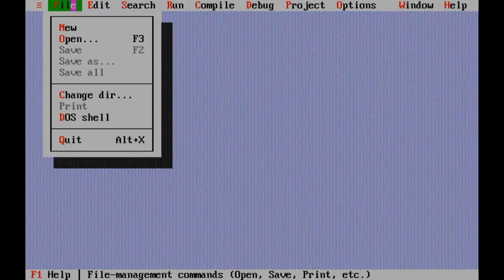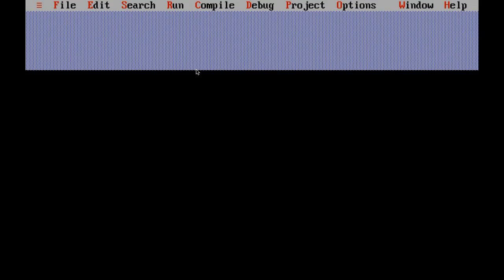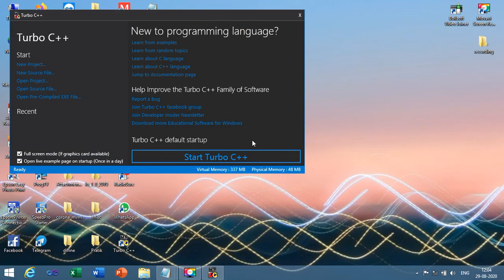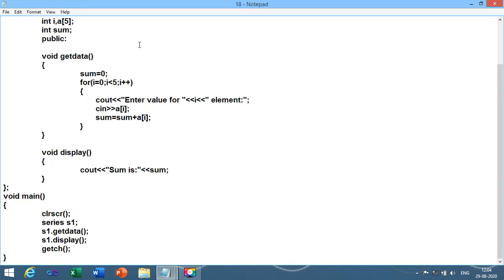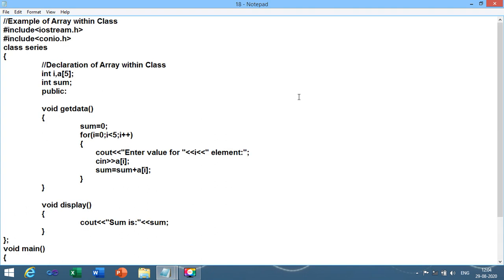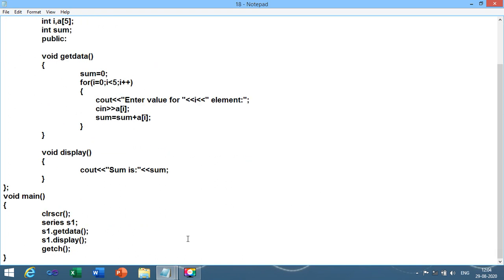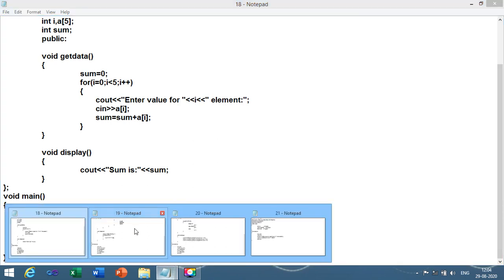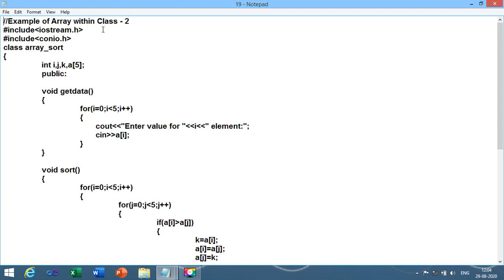Let me share the notepad file regarding such, so that you can write it inside your journal. This is the first program, array within the class. Let me scroll down. This is the second program, array short, that is the name of class.